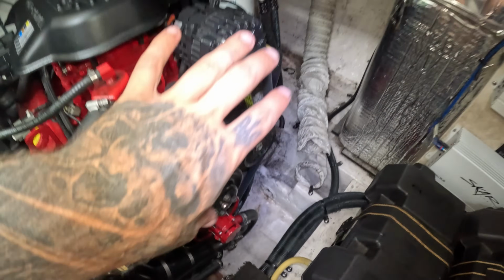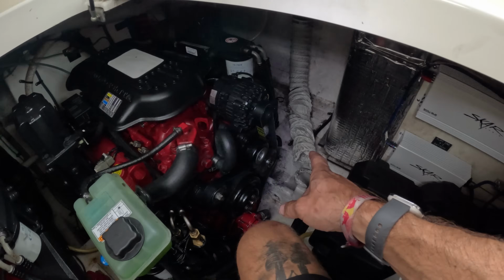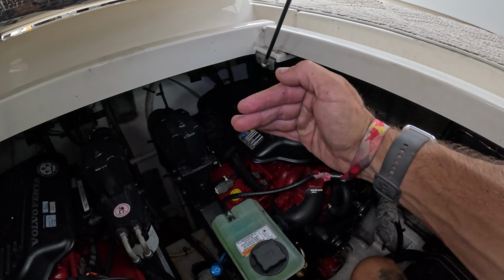So the power steering is deleted off of this motor. Still on this motor, everything's good there. But an issue I was having also was I was losing power steering through the oil cooler, which is mounted on the back side of the motor. I just slapped some JB Weld on it because I think it was coming out of a little elbow, to figure out if that is where it was leaking from or not before I just pull the whole oil cooler